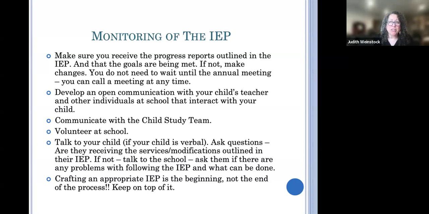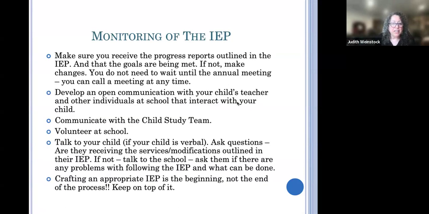So progress reports are a little generic. Very little comes from them. What you want to see is, what's the data? What are the assessments that have been done? Let me look at them to see how my child is doing. That's really the information that will be helpful to demonstrate whether the program is successful or not, and monitoring what your child gets.